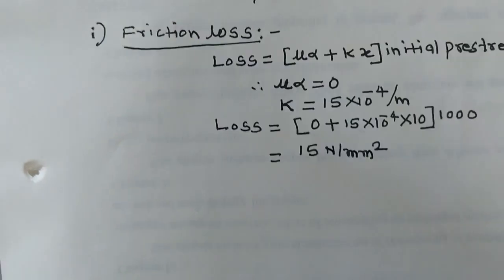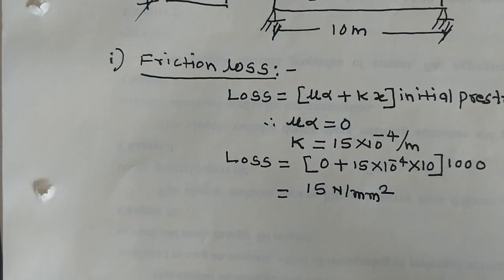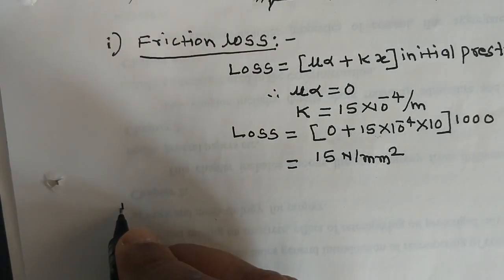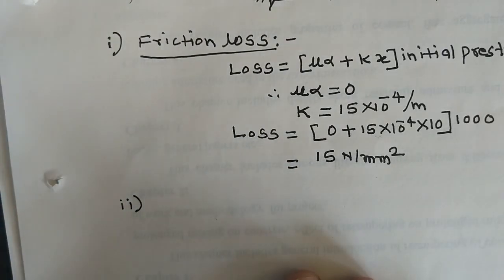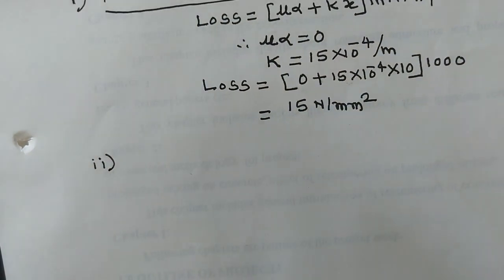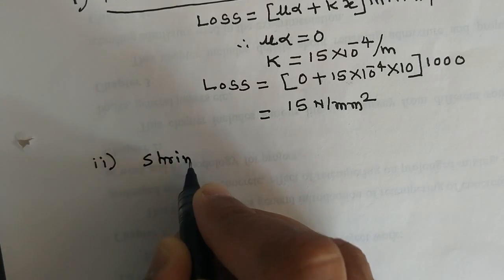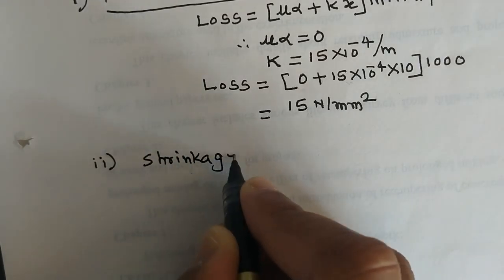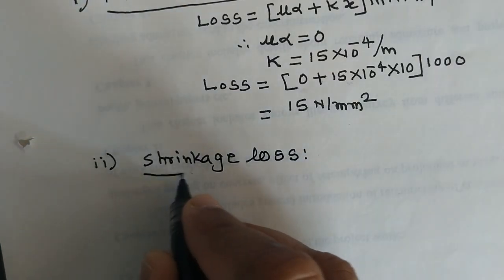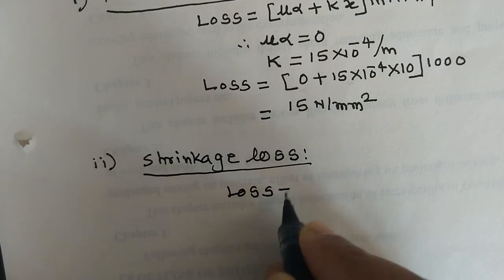Newton per mm square is the friction loss. Next, you have to find out the shrinkage loss. Next is shrinkage loss. So this loss is calculated using this formula: